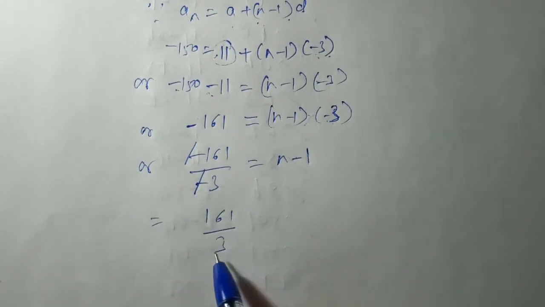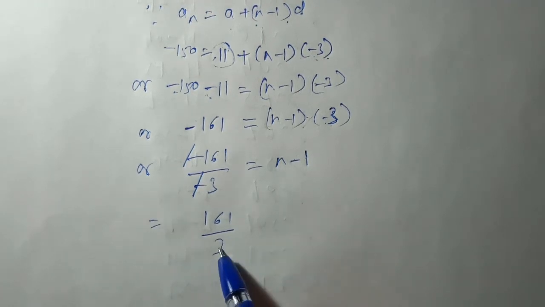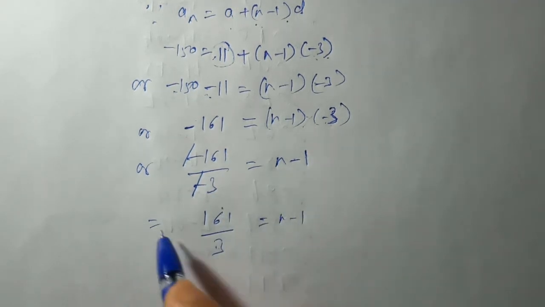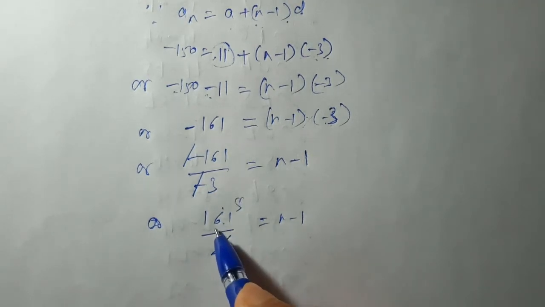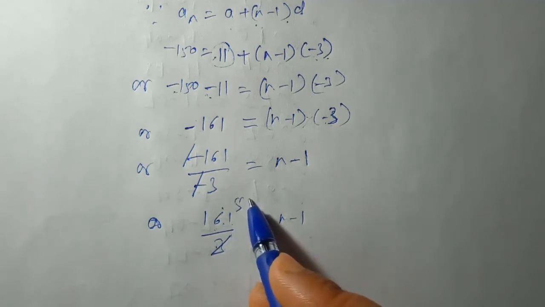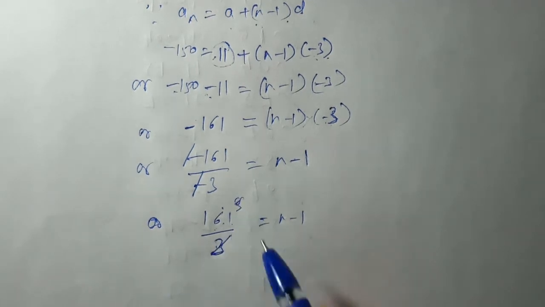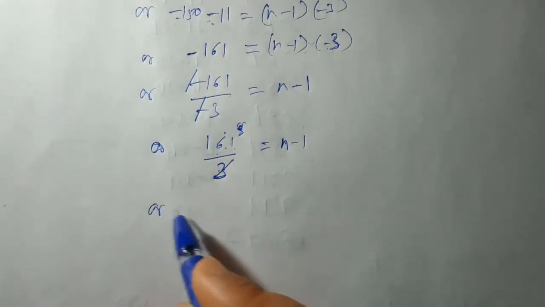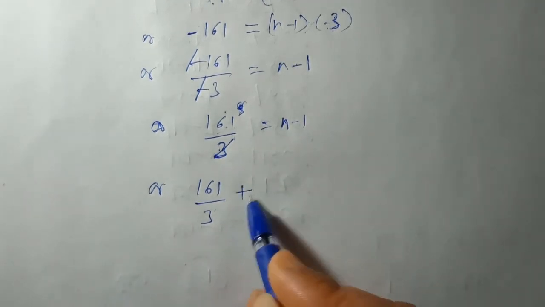So let us try to divide both of them. Is it possible to divide them? Let us try. 3 5s are 15, 1 is left, 11. 11 does not come in the table of 3. It means we get the solution in decimal form. So we're going to leave the solution up to here. Now let us transpose 1 to the other side. Maybe some calculation will be possible by taking the LCM. So minus 1 will move to plus 1.